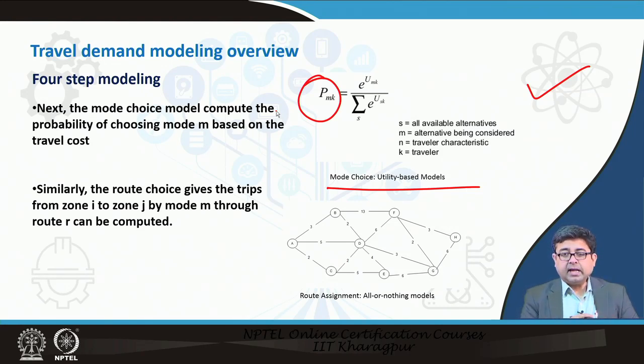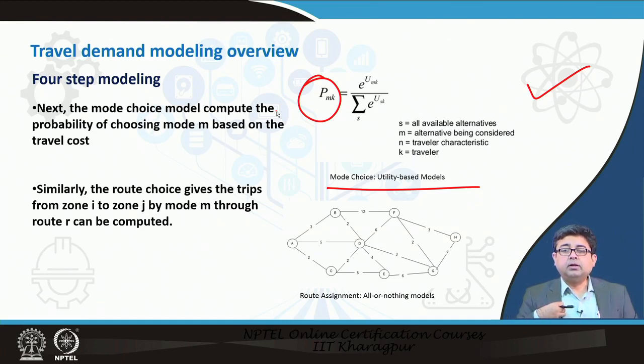So, how do we use these utility models? We weigh the different options that are available to us, and whichever has the least negative utility or the highest positive utility, we use that model. The different utility parameters could be time, cost, comfort, and so on. Whatever we feel are compelling factors for us to take that mode.